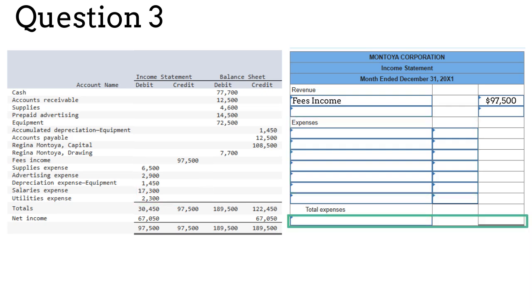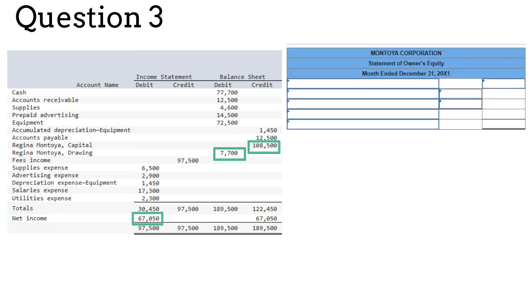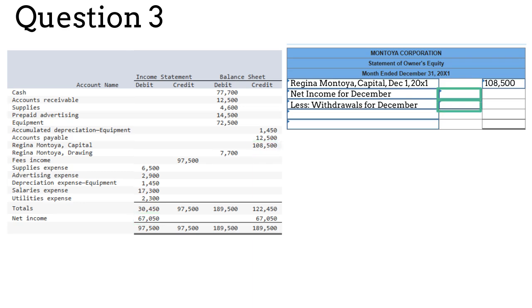The worksheet tells us what the net income is. Be sure that your income statement shows the same amount. Next is the statement of owner's equity. The statement of owner's equity shows how much the owner has contributed to the business, earned from the business, and withdrawn in funds. We start with the capital at the beginning of the year and enter that amount into the statement of owner's equity. Next, we list the income and subtract from it the drawings. What is left to do is calculate the ending capital balance for this statement of owner's equity.